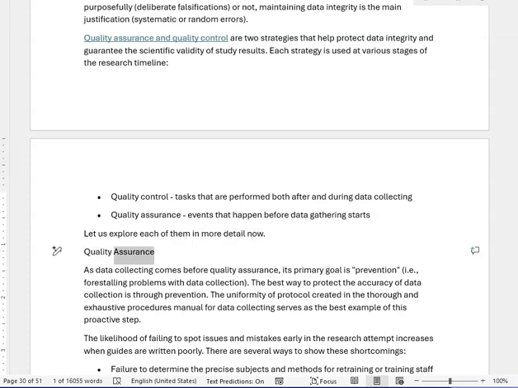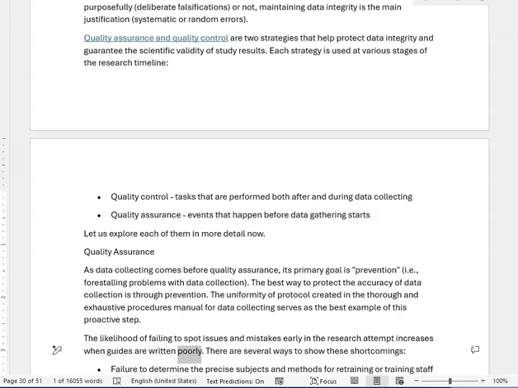Quality assurance. As quality assurance comes before data collecting, its primary goal is prevention, i.e., forestalling problems with data collection. The best way to protect the accuracy of data collection is through prevention. The uniformity of protocol created in the Thorough and Exhaustive Procedures Manual for Data Collecting serves as the best example of this proactive step. The likelihood of failing to spot issues and mistakes early in the research attempt increases when